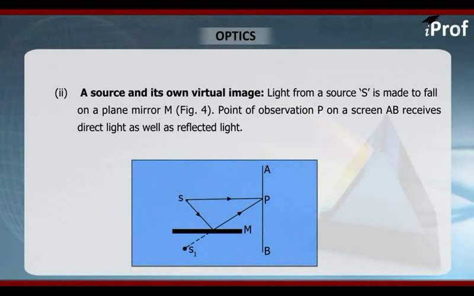Let's take up the second method of production of a pair of coherent sources. In this method we use a source and its own virtual image. The light from source S is made to fall on a plane mirror M as shown on the screen. The point of observation P on the screen AB receives a direct light